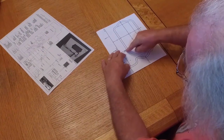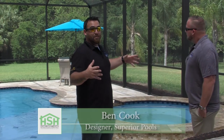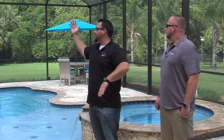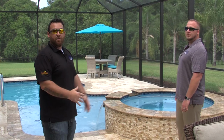So when Norm first walked in, he had a plan laid out exactly. I mean, even dimensioned out exactly of where he wanted it on his house, which isn't typical of most of my clients, but what he had laid out was pretty much perfect for the space. The way the house is shaped, with having the L shape, most people would just put a small pool area in this section. And that's also a very price point driven idea. With this, he opened up all this space out in front of here, which is really the most usable space on this